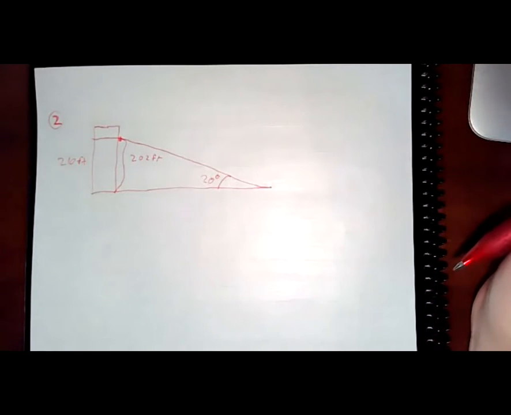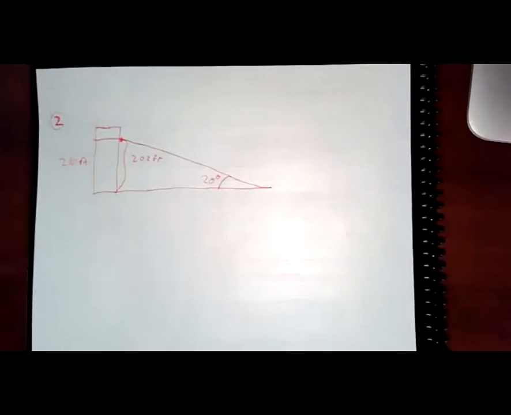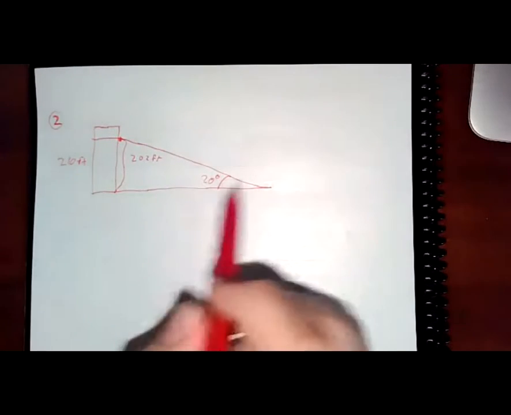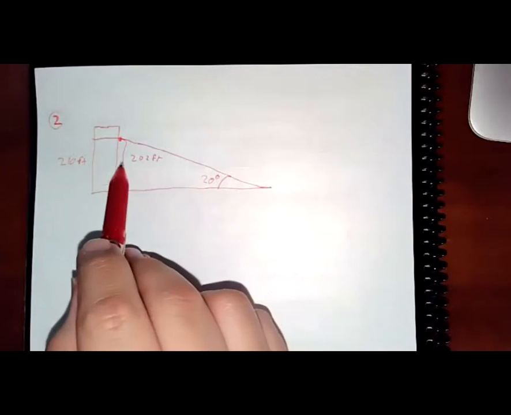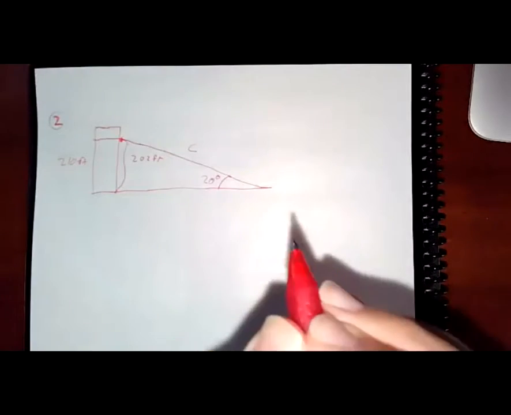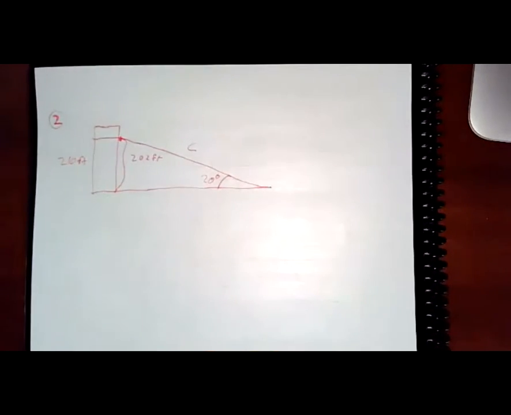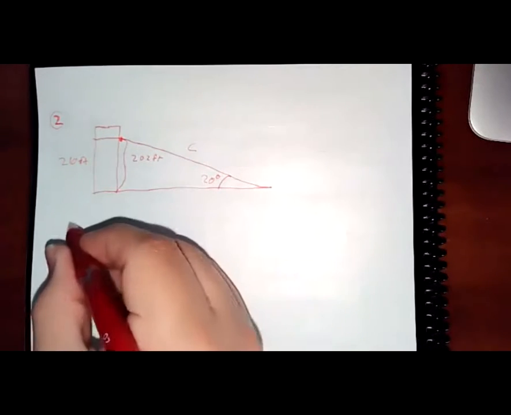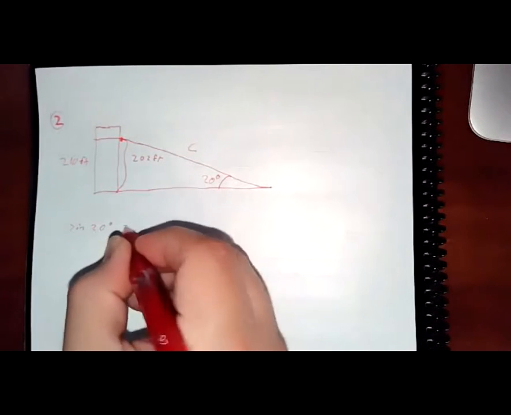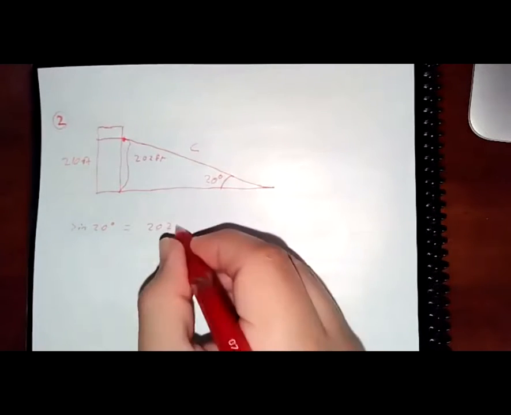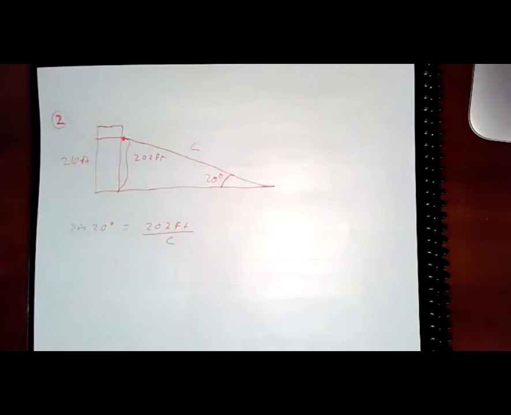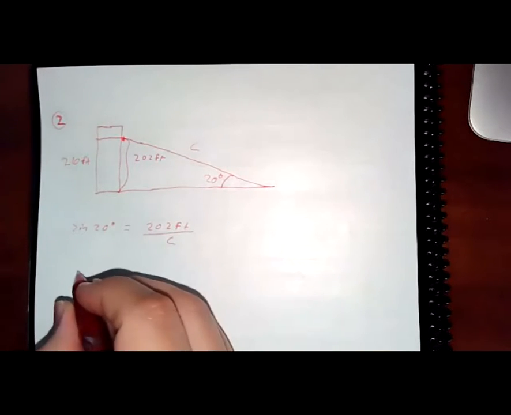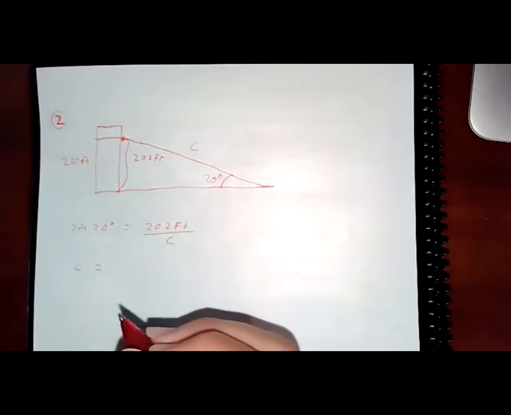So I'm going to use a cosine. Let me see. No, sine I think would work. Sine of 20 is equal to opposite over hypotenuse. So I need to find the length of the wire, right? So here we go. Sine of 20 is equal to 202 over C. Solve for C. That'll get us to C is equal to